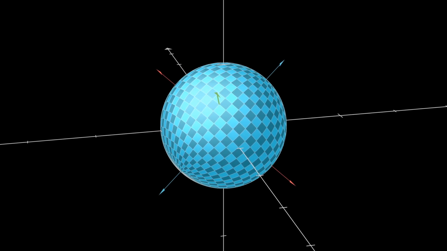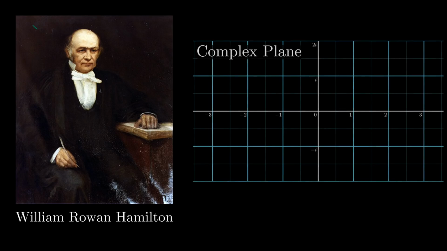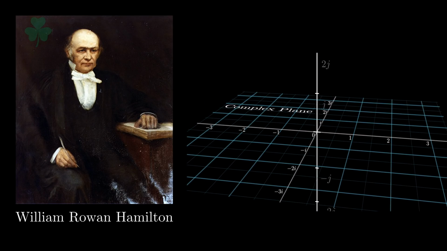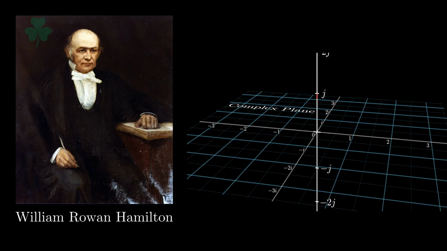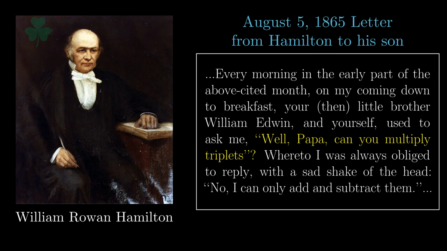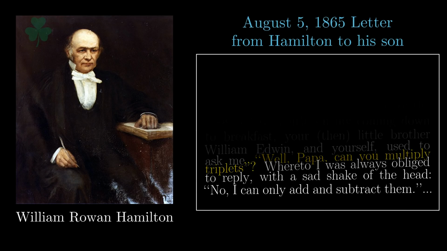The story of their discovery is also quite famous in math. The Irish mathematician William Rowan Hamilton spent much of his life seeking a 3-dimensional number system, analogous to the complex numbers. And as the story goes, his son would ask him every morning whether or not he had figured out how to divide triples, and he would always say, "No, not yet." But on October 16, 1843, while crossing the Broom Bridge in Dublin, he realized, with a supposed flash of insight,